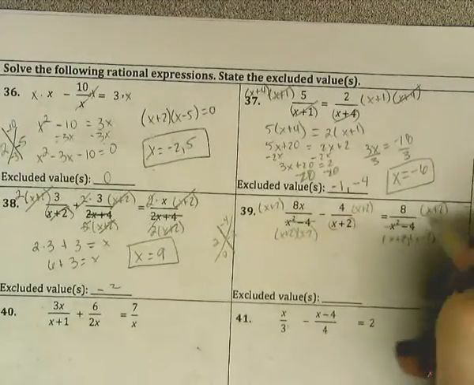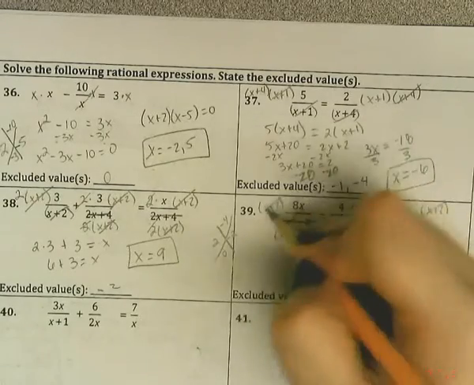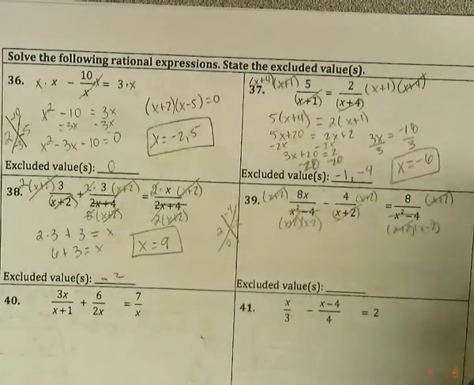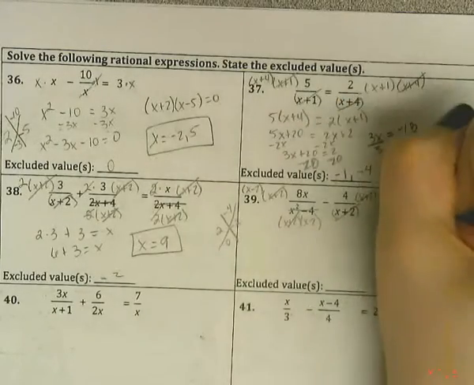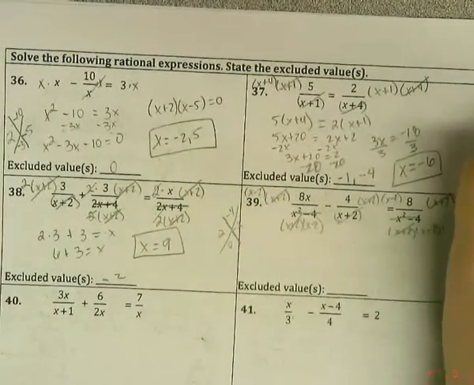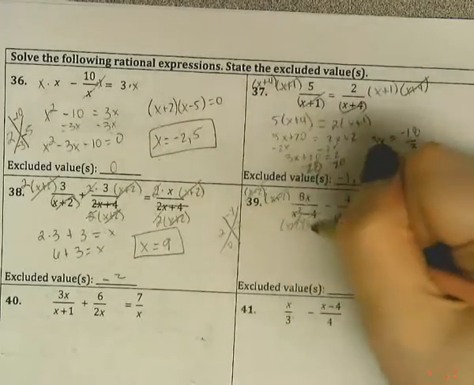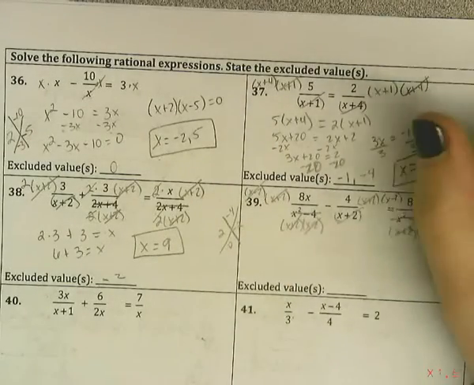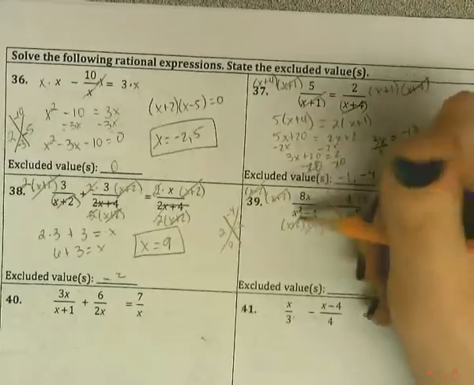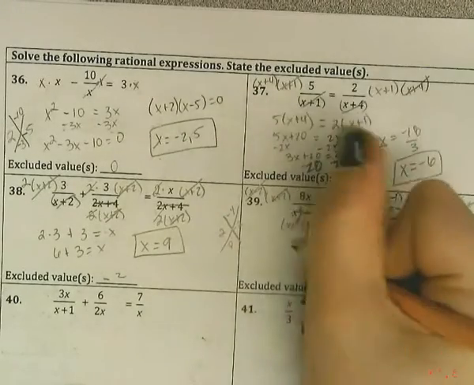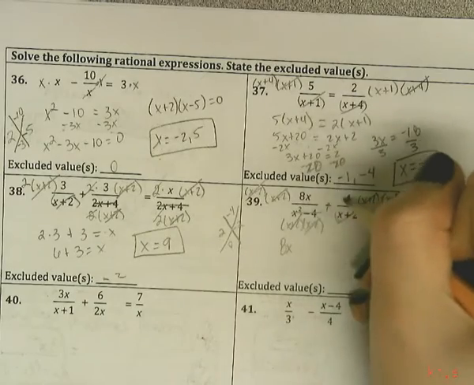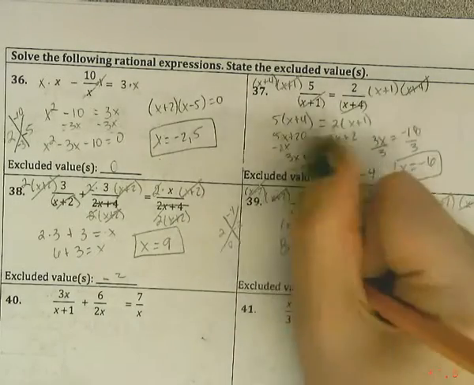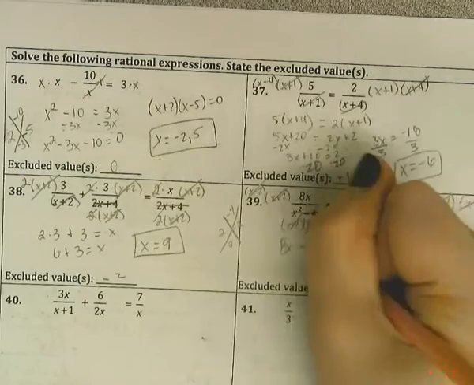Okay, that goes away, that does, and that does. The only thing I have left on the bottom now is x minus 2. X minus 2 cancels out here. Doesn't there, it does there. So on this side, all I have left is 8x. Don't forget that this is negative 4. I'm going to put plus minus just in case. Negative 4 times x minus 2